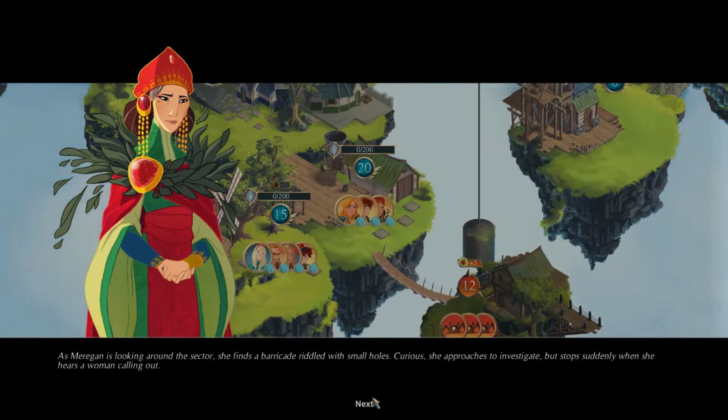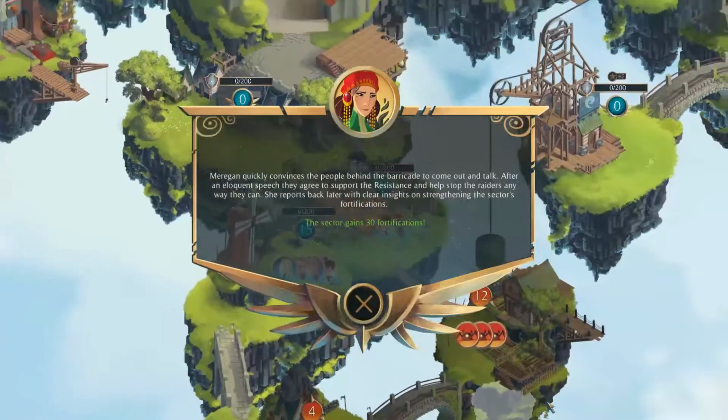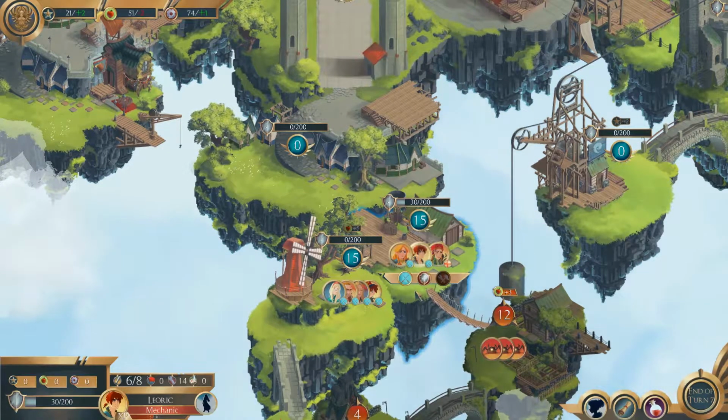Okay, so we found a small barricade filled with small holes, blah, blah, blah. Lady comes up, it's like, hey, intruders. And then we convince them to join us, and we get extra fortifications. So now we don't have to worry about getting attacked this round, so...